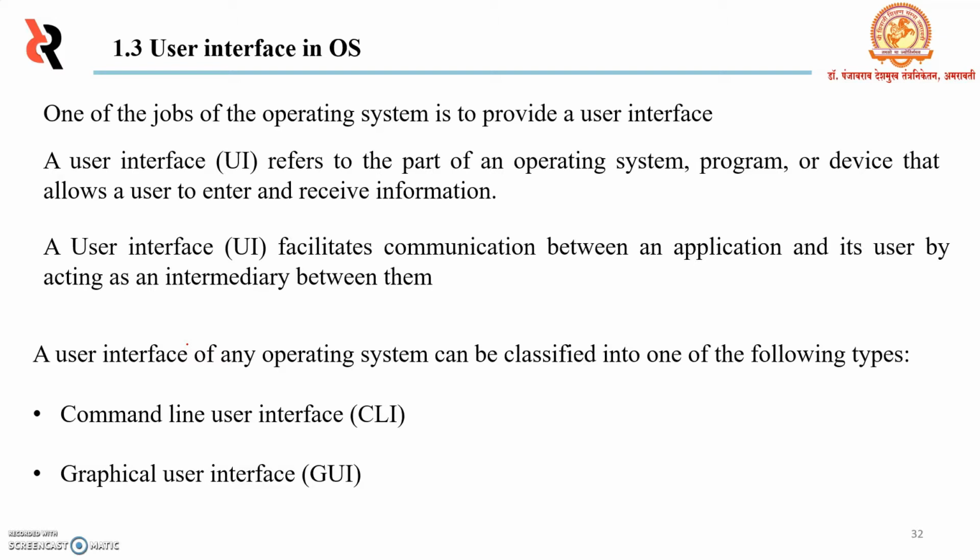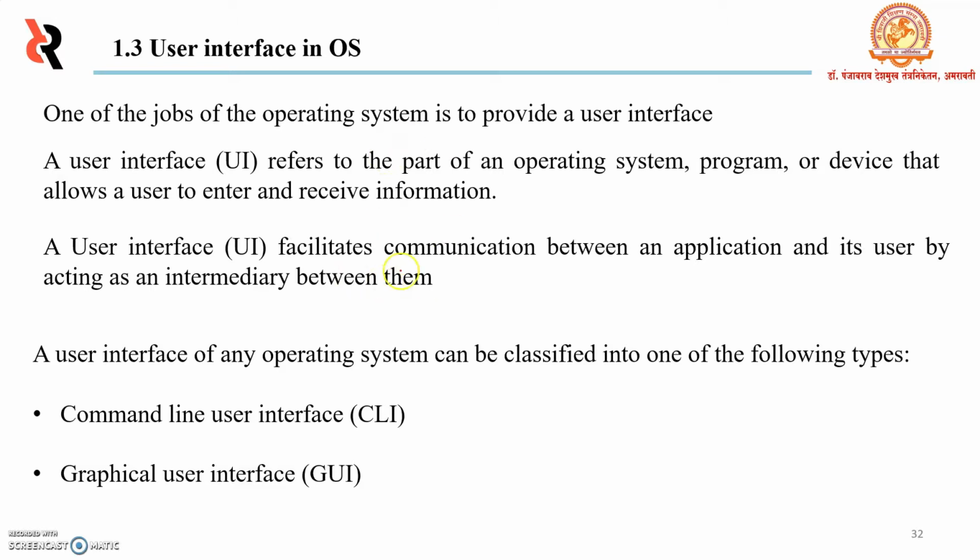When you buy a piece of software, it too will have a user interface so that you can access and use the software. A user will give data and instructions to a computer, and a computer will give information back to a user. The way that a computer and a user communicate is known as the interface. User interface facilitates communication between an application and its user by acting as an intermediary between them. Each application, including the operating system, is provided with a specific user interface for effective communication.